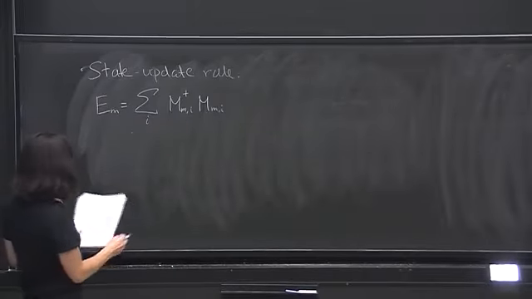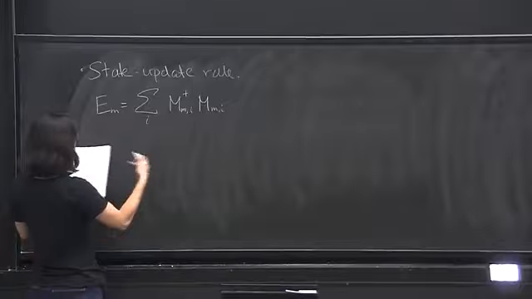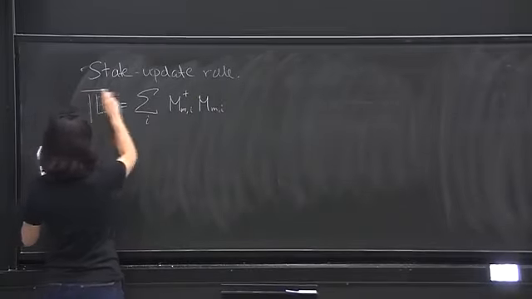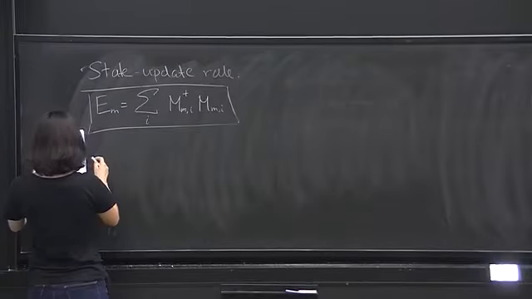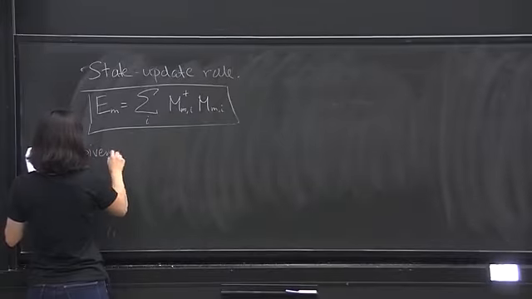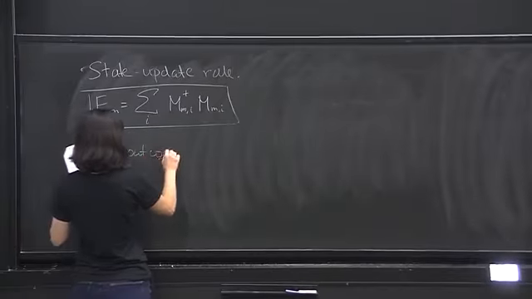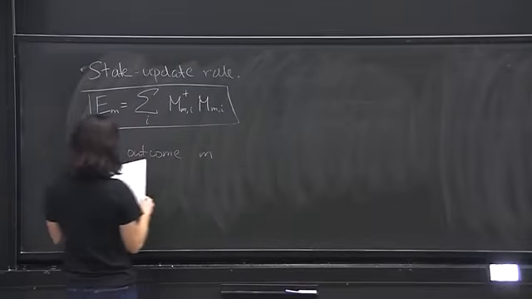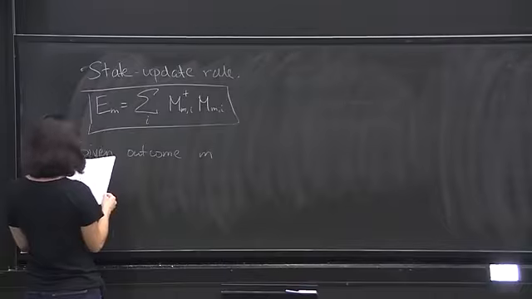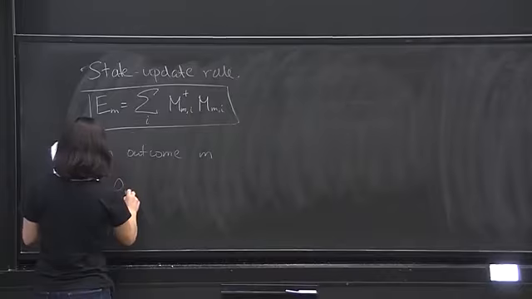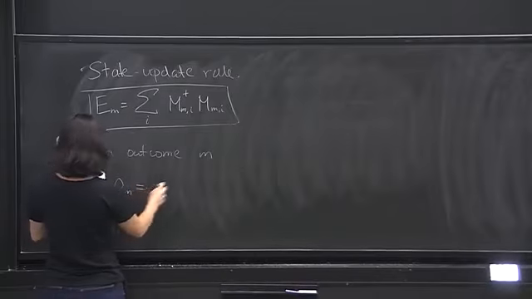Then in terms of the state update rule, in terms of the measurement operators, the state update rule is as follows. Given outcome M, the post-measurement state is